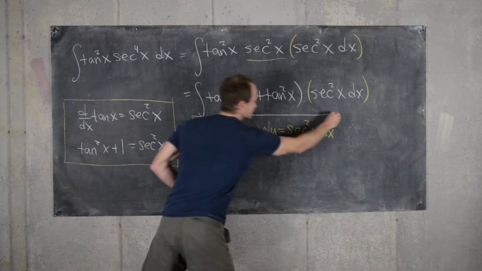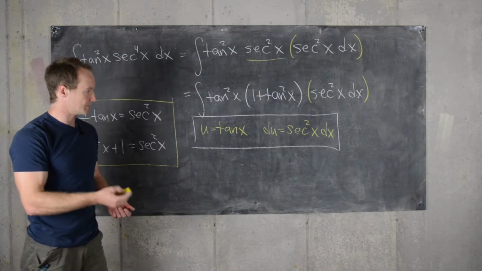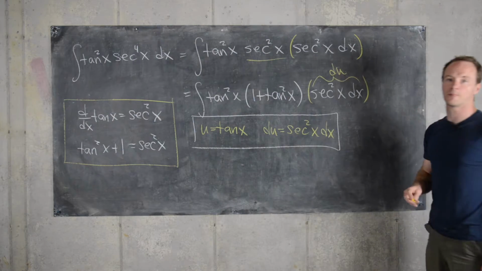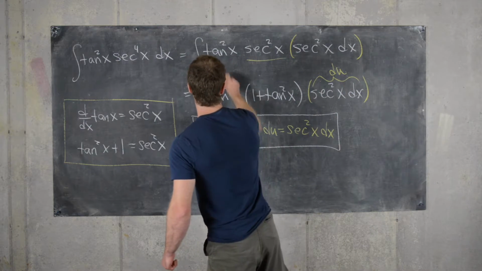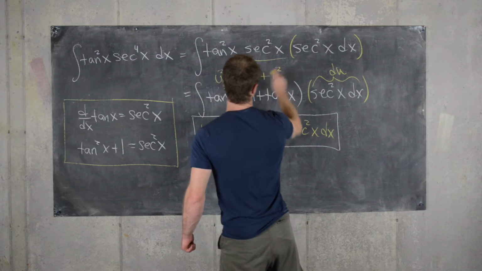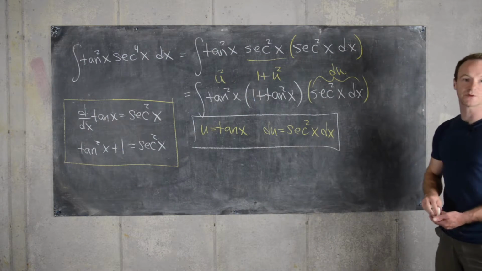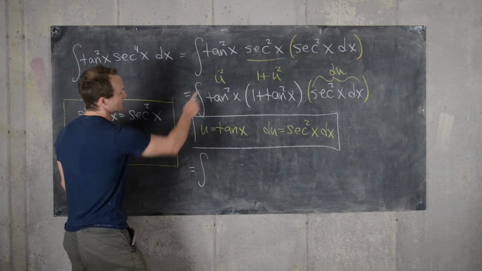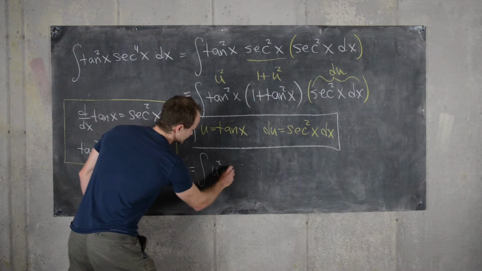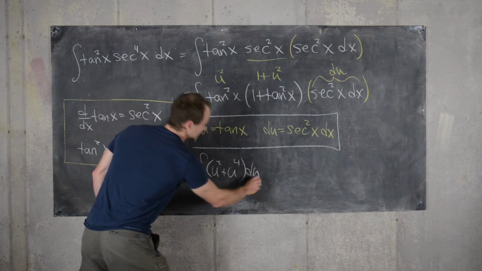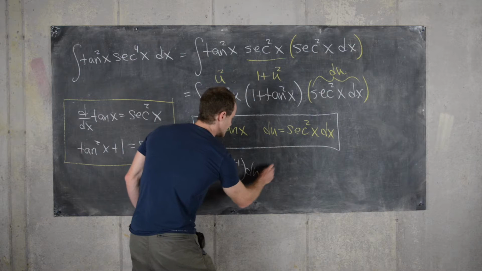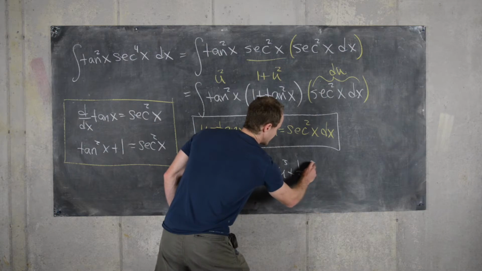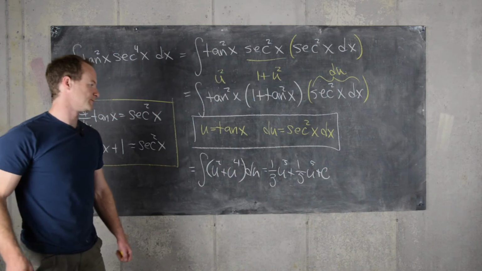So let's see what that does to the integrand. Here all of this bit is du, and then we have u squared times 1 plus u squared. So that leaves us with an integral of a polynomial function. So let's see it happen. Here I'll distribute, we have u squared plus u to the fourth du, which can be integrated to 1/3 u cubed plus 1/5 u to the fifth plus a constant of integration,